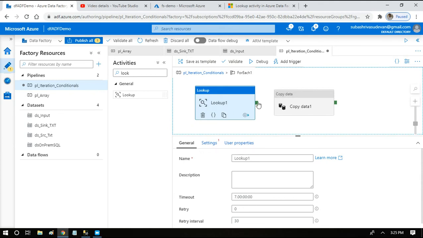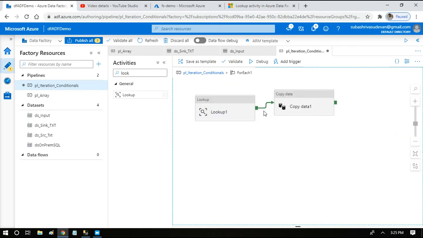Like in SSIS, connecting two different activities, you have a connector. For those who know SSIS, they know about precedence constraints. Here also we have success, failure and completion precedence constraints. Apart from that, we have something called skipped. In SSIS you will be seeing only those three. Here in Azure Data Factory we can control if a task is skipped or not. For some logic, we might have to skip some of the activities in the flow. If that happens, what to do? For that only, this precedence constraint has been given.